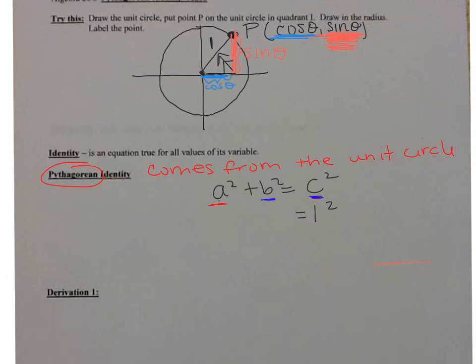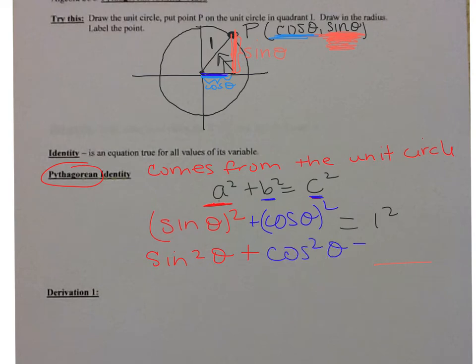Your a and your b are your legs. It's the other two sides. So it doesn't matter really which one goes where. So my a is going to be sine theta, and I have to square that. Your b is going to be your cosine theta, and I have to square that. So that's the Pythagorean identity, and we would write it as sine squared theta plus cosine squared theta is equal